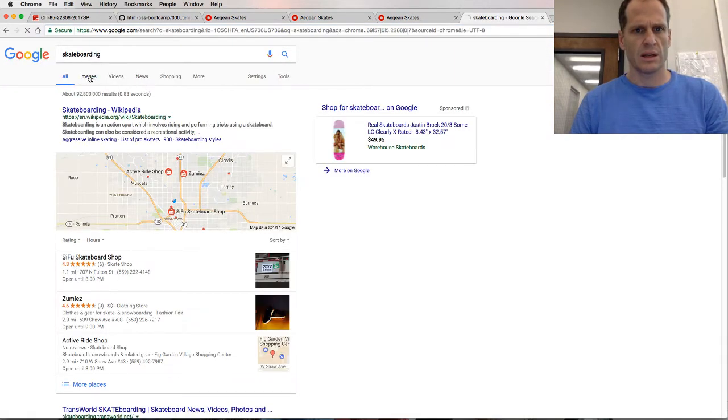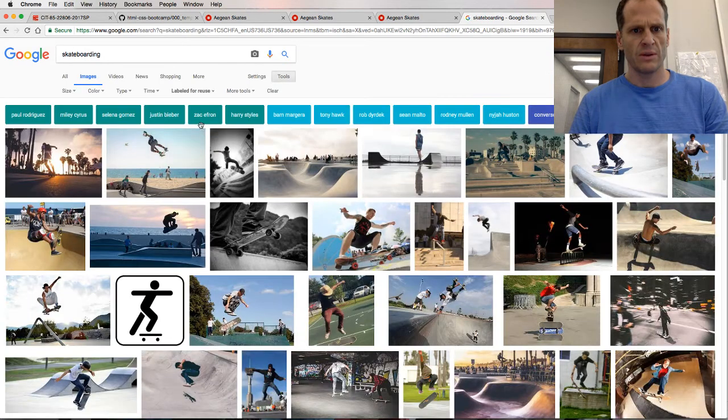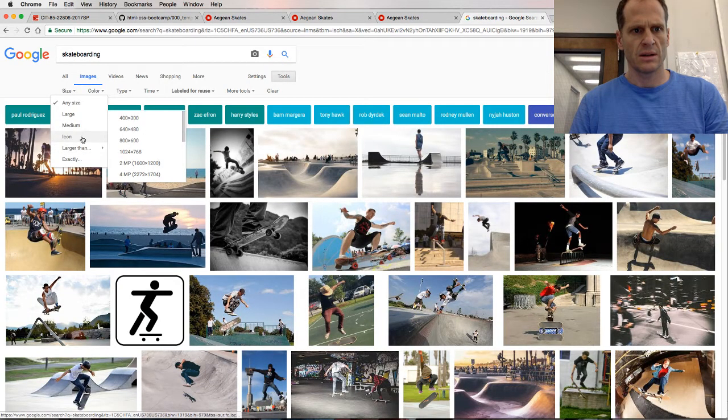skateboarding images, tools, labeled for reuse, size large,